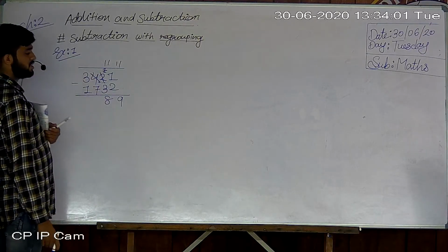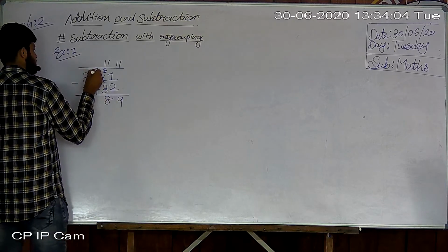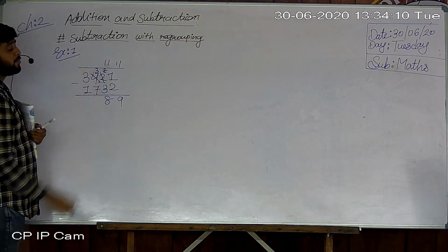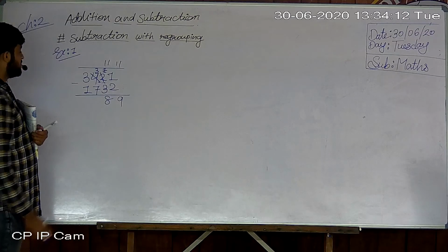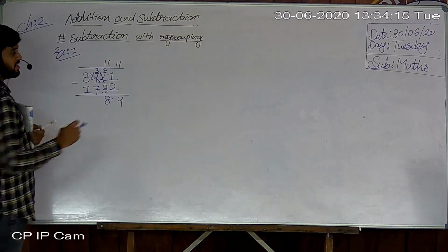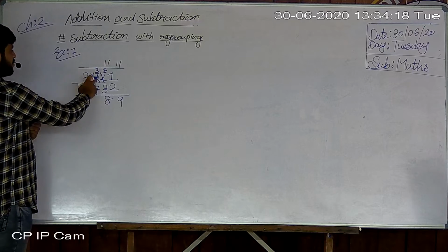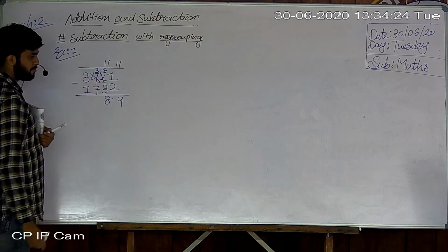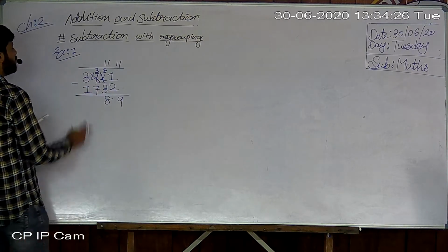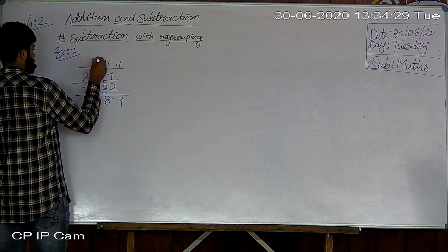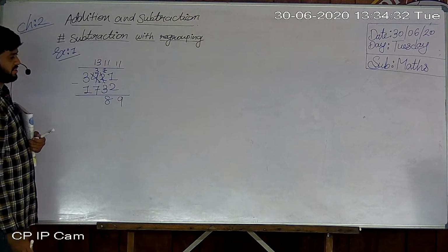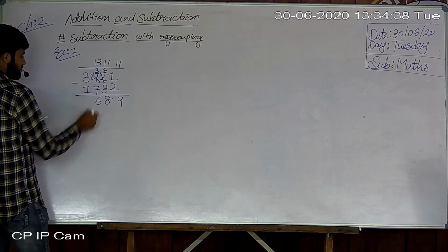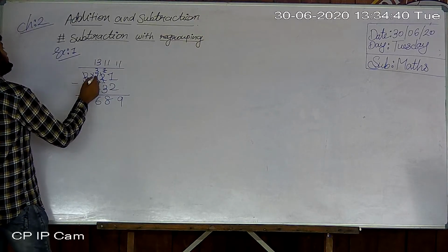4, and then here 3. Which number do we put there? 4 is bigger, so we put the lower digit, 3. So 3 minus 7, is it possible? No, so again we borrow. 10 plus 3 is 13, 13 minus 7. So how many? 6. And then we cut the next digit.